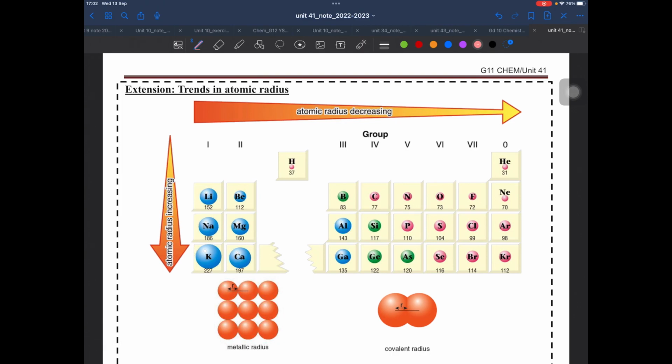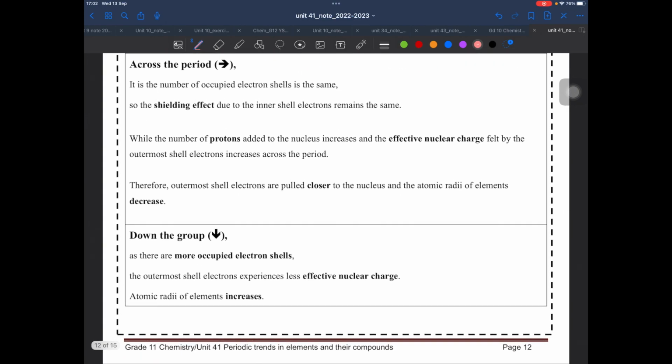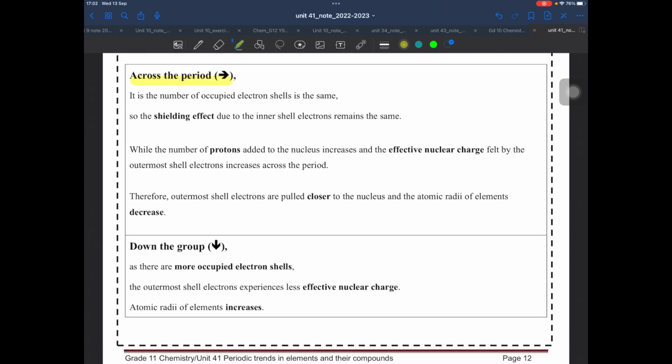I would say this is an obvious and easy to understand topic: we discuss the atomic radius. And here, I try to introduce a new term for you. Across the period, they have the same occupied electron shell. Yes, the DSE will take care of it. Occupied. And now we have the